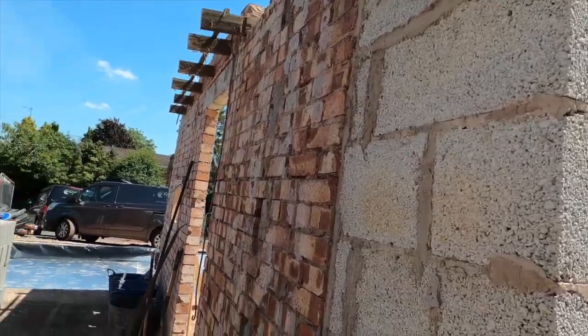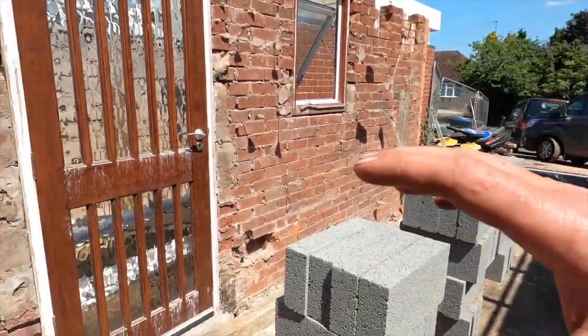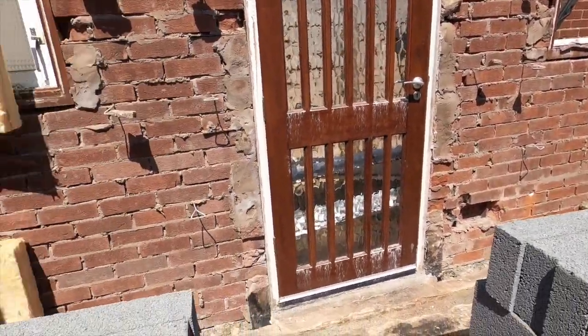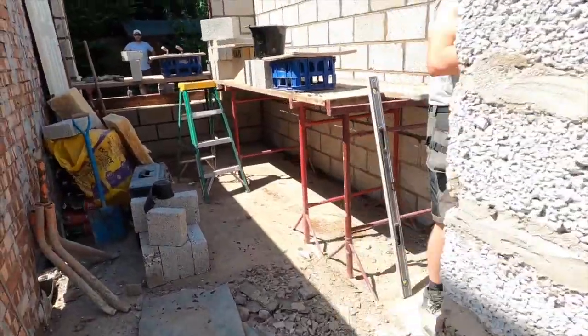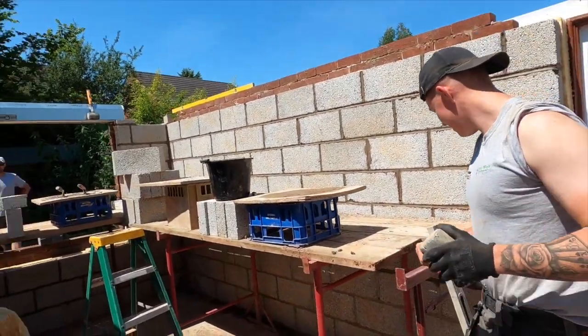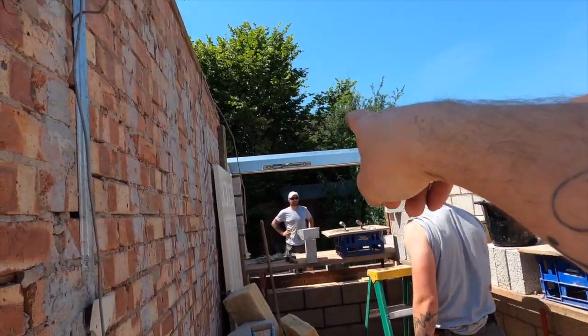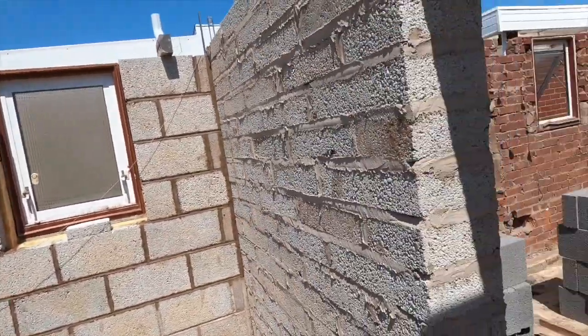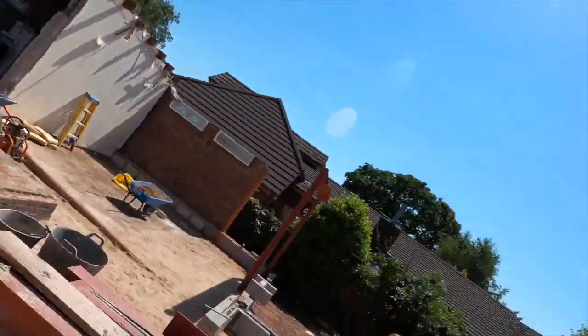So what they're doing is they're going to be blocking all this section up here, which they've started doing the other side. They've built this section up here, so they've got the cat lintel on the top there, so they'll just carry that through down to that bit. We've got, I think it's 11 cubic meters of concrete coming tomorrow. I think it's mid-morning, so it's going to be a busy old day. So I'll leave you set up over here,